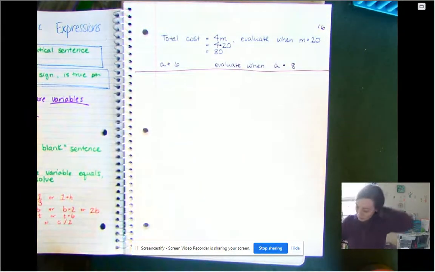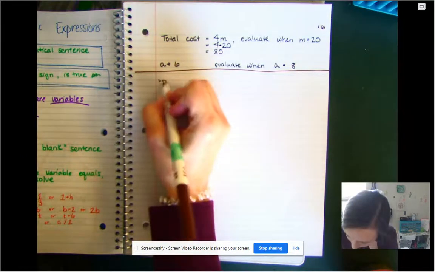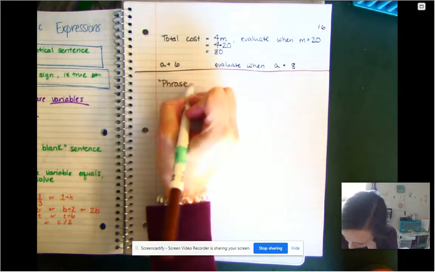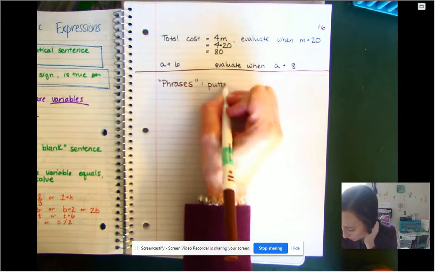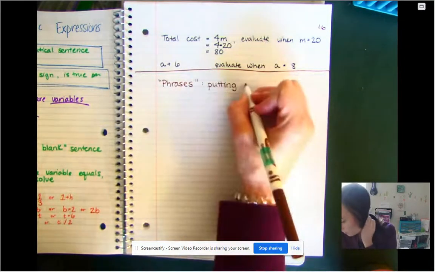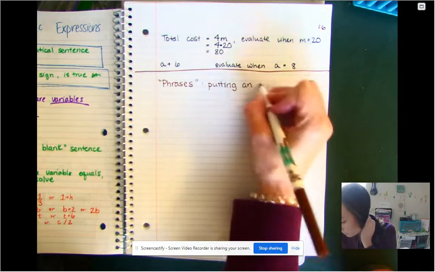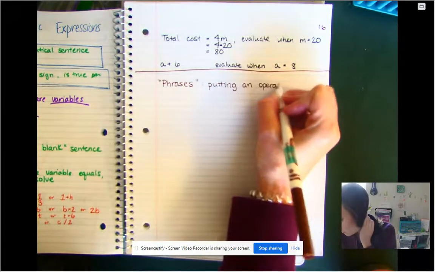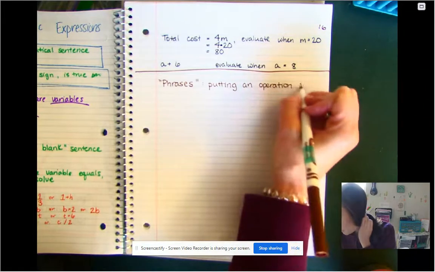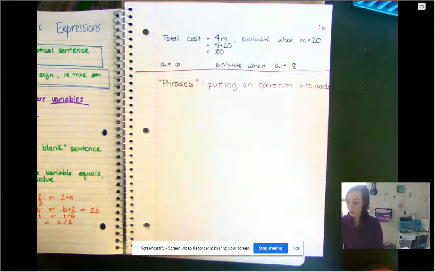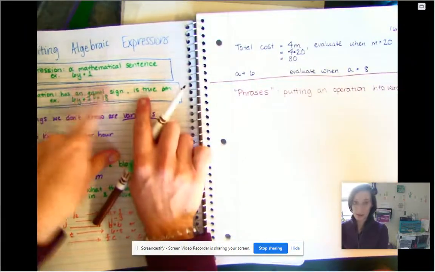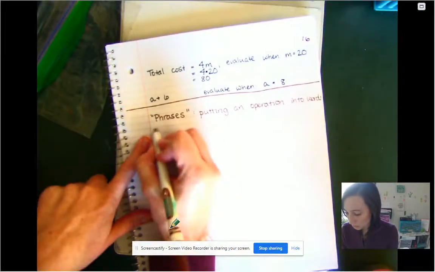So what I mean by phrases, when you hear me say the word phrases, I'm talking about putting it into normal people language. And when I say expressions, you can refer back to what an expression is here, a mathematical sentence. So when I talk about putting a phrase to an expression,